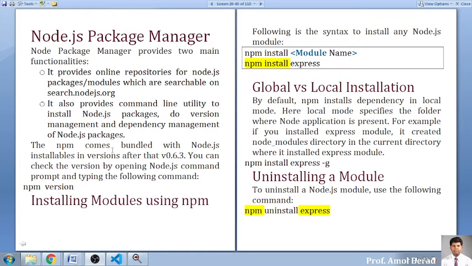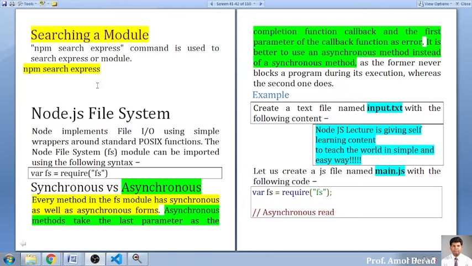So in Node.js, we have already seen how to install. First thing, how to install with NPM. We have seen the keyword NPM install. We have also discussed how to uninstall the modules from your system. As far as installation, we have talked about the global installation and the local installation, both covered by adding -g or without -g. Then to check whether it has been installed on your system or not, you can use search, and express, and it will tell you whether the modules are installed on your system or not.